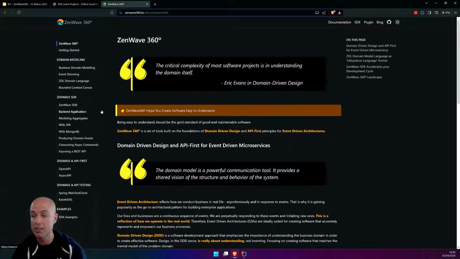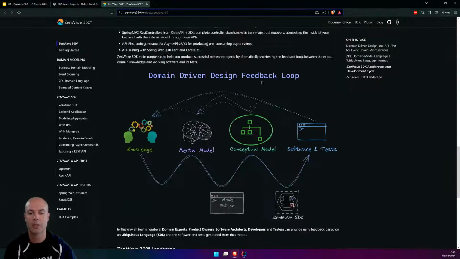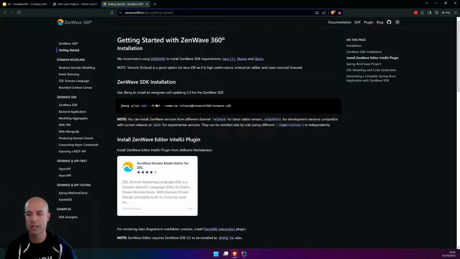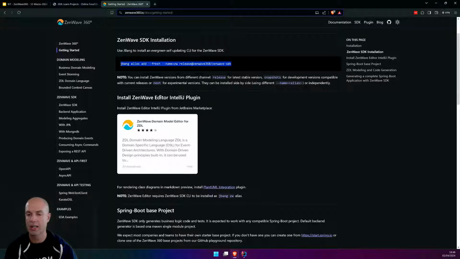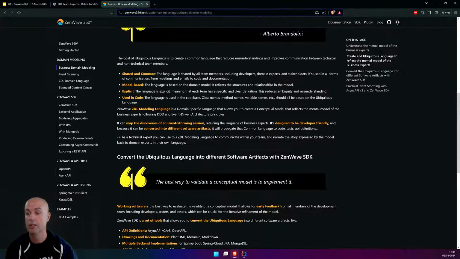And if we go inside the documentation, well, there is information about what ZenWave is. You have information to get started, install the command line, install the IntelliJ model editor. You have information about doing domain modeling.